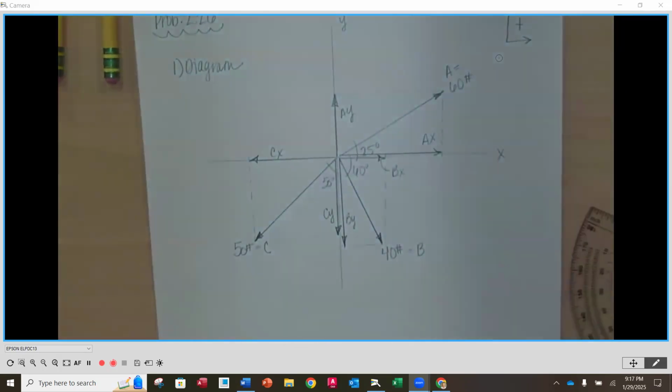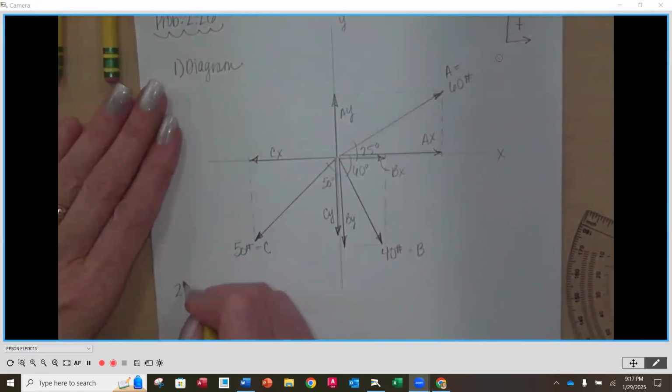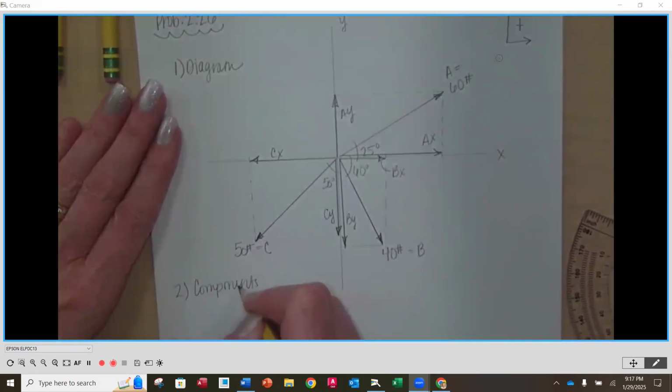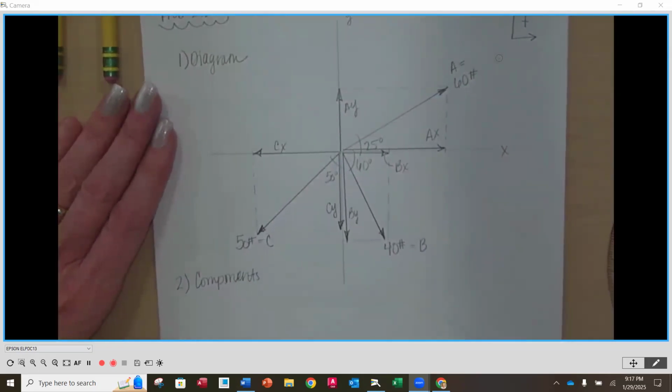So this is always your first step when we're doing the rectangular component method to find the resultant when we've got 3 or more forces. When there's 2, it's a little bit easier to use the sine and cosine laws. But when we start getting into 3s and 4s, the rectangular component method is really, I think, the best approach. So we're going to do our diagram first. Then our second step is going to be components. And now what we're going to do is solve for AX, AY, BX, BY, CX